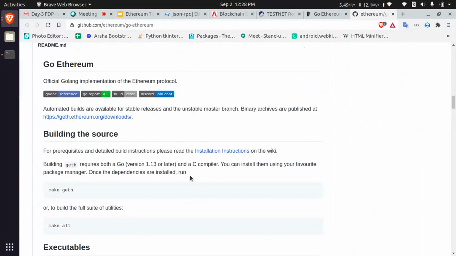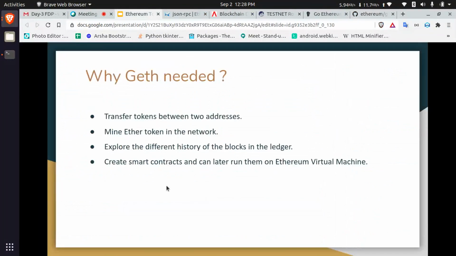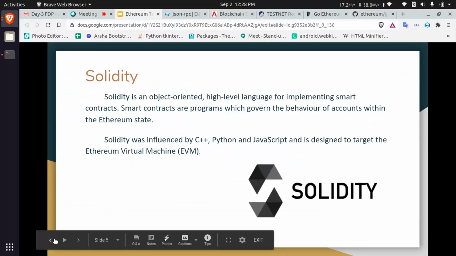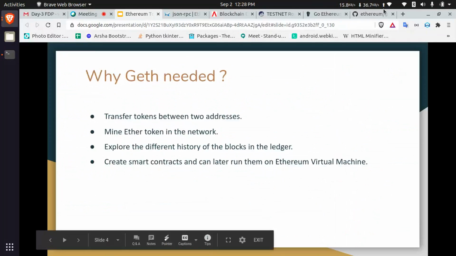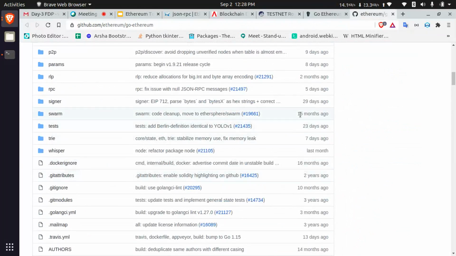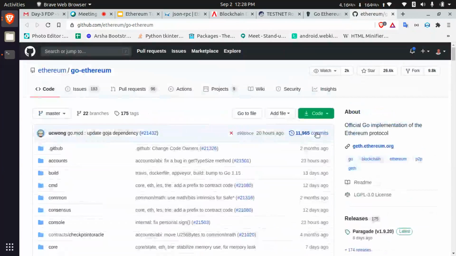This kind of tools are upgradable. That's why they are not added in a slide. I just added Geth and why we need Geth. These kinds of tools get upgraded. If you can see, last updated is 23 days ago, 8 days ago also they are updating. Each and every day they are updating the tools.